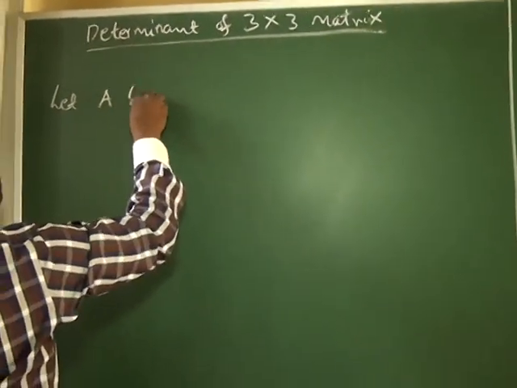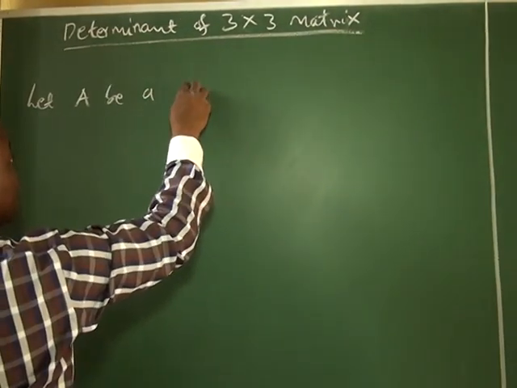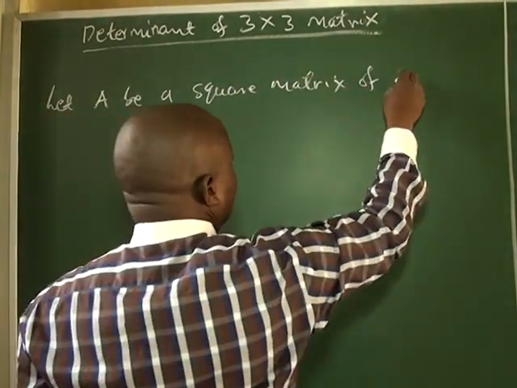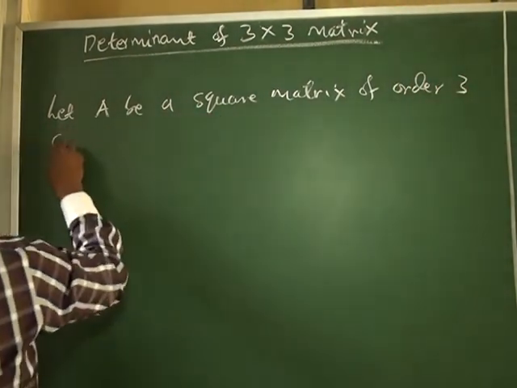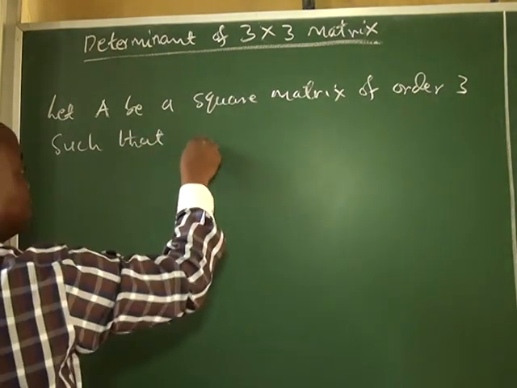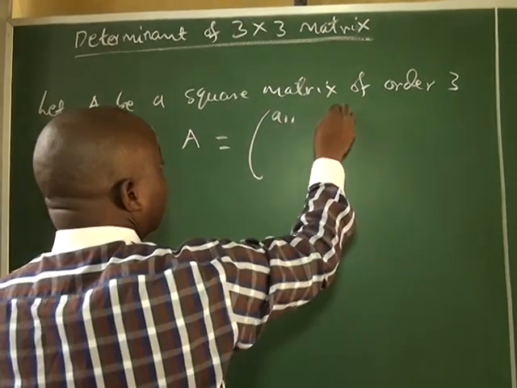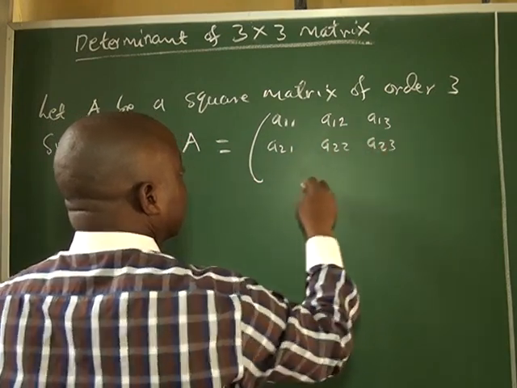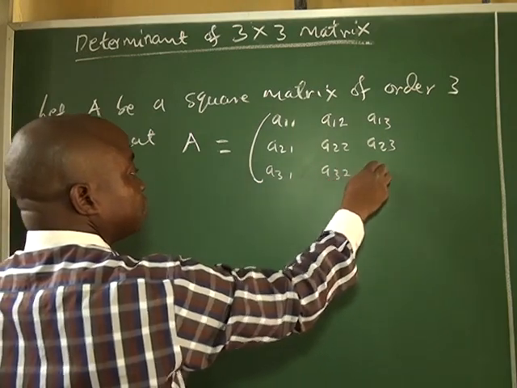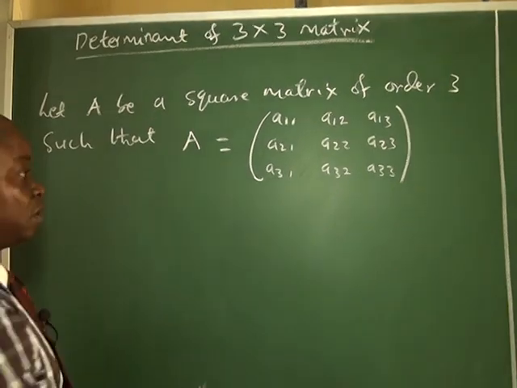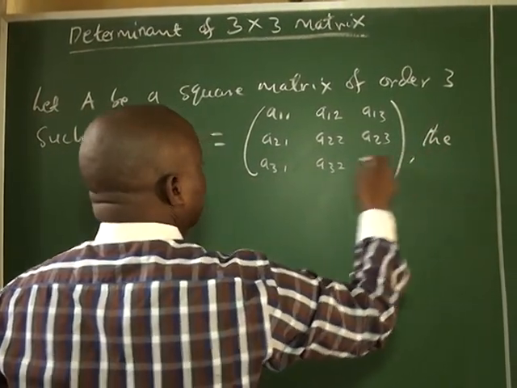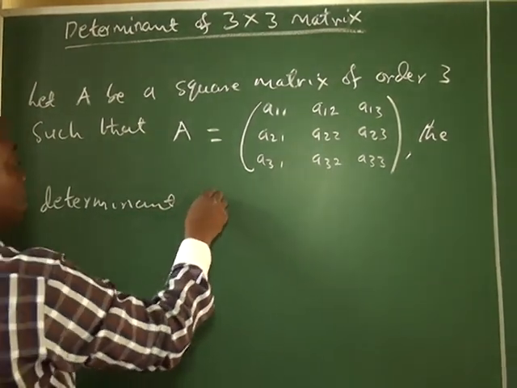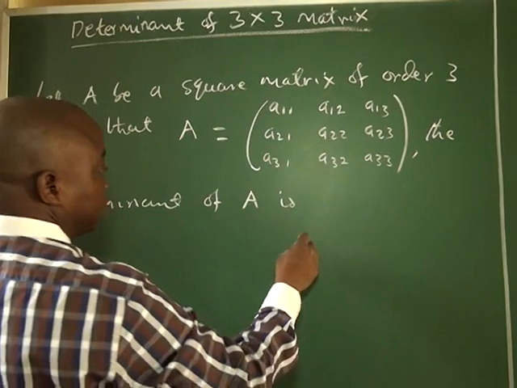Let A be a square matrix of order 3 such that A equals A11, A12, A13, A21, A22, A23, A31, A32, A33. The determinant of A is